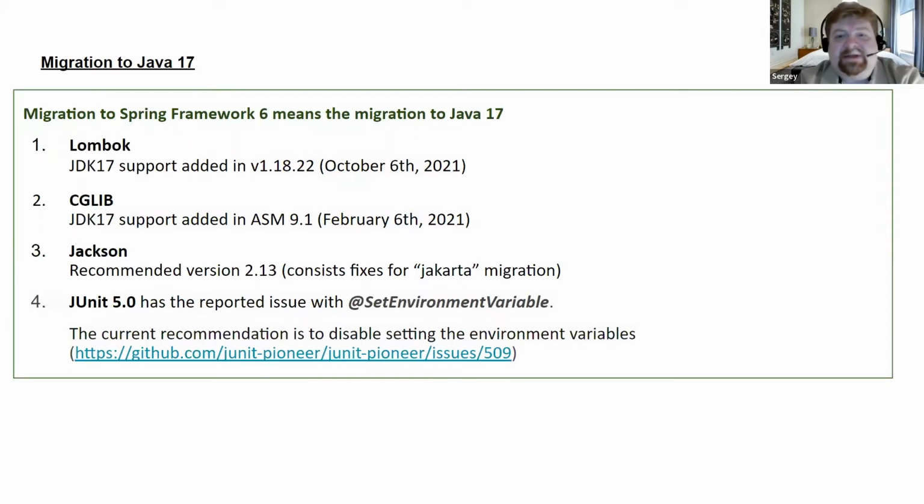That's going to be my next slide. And for JUnit, they don't provide any information, but I found a Jira ticket that says that with Java 17, you're not able to use the set environment variable annotation, so you're not able to set up environment variables in your unit test cases. So the idea here is that for now, migrating to Java 17